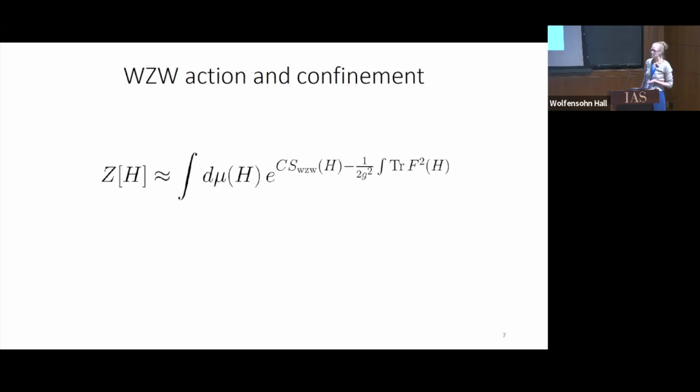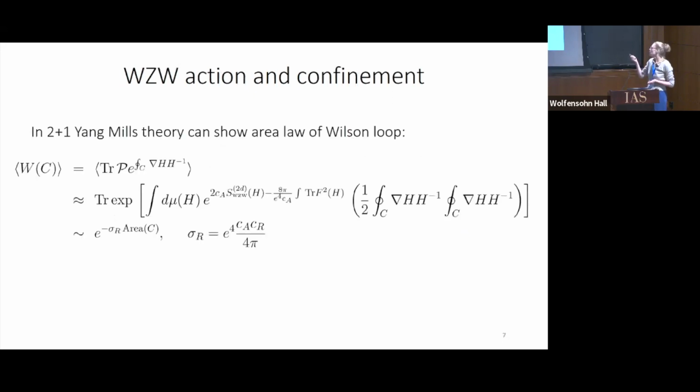And why is this important in terms of confinement? Well, you saw last week that in the 2+1 theory, you get this Wess-Zumino-Witten action in the measure, and you can calculate the expectation value of the Wilson loop directly there, and you get an area law behavior. The question is, can we do something analogous for the 4D case? And the honest answer is, well, it's much more complicated. The calculations are much more complicated in the 4D case.